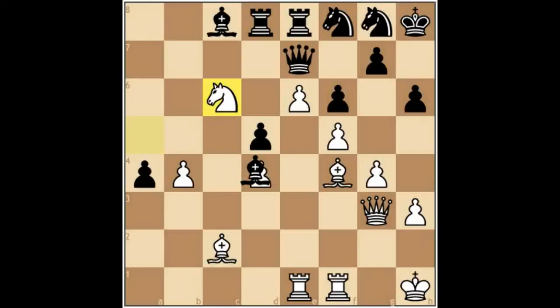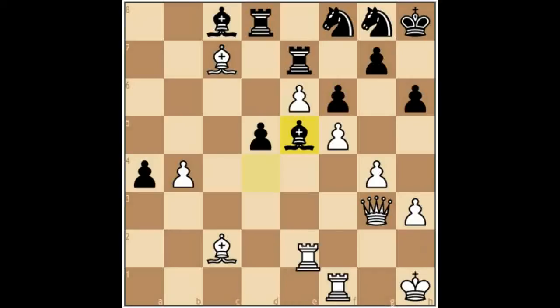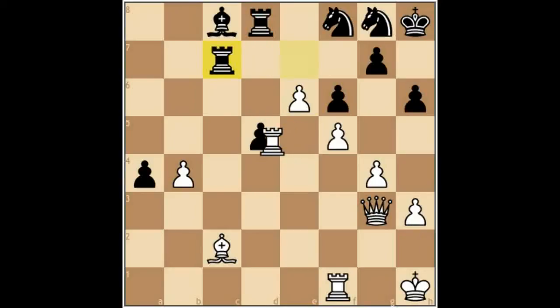black plays bishop takes d4, knight takes e7, rook takes e7 was played, bishop to c7, bishop to e5, rook takes e5, rook takes c7 was played, rook takes d5, bishop b7, pinning the rook to the king,